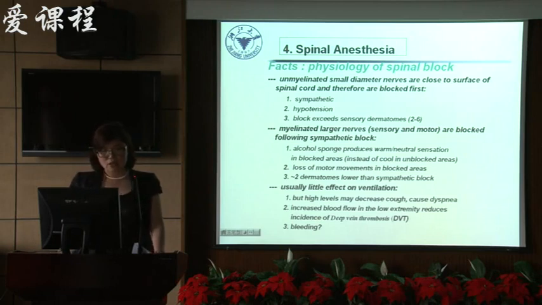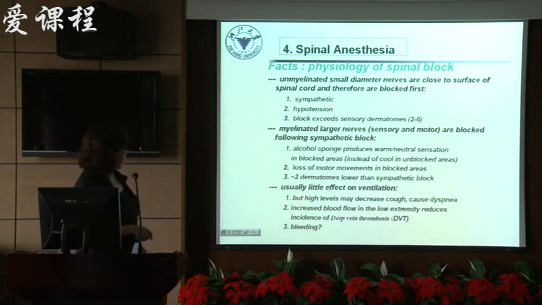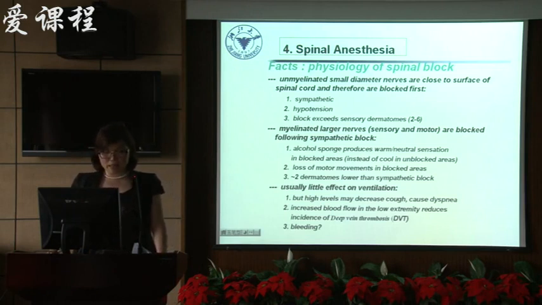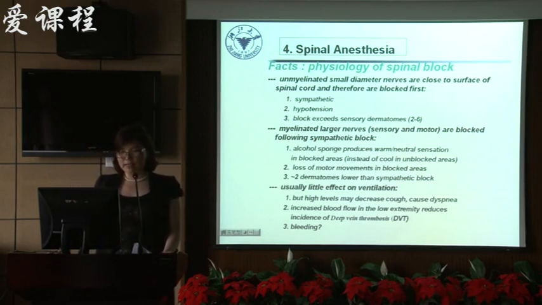Usually there is little effect on ventilation, right? But if the block level is very high, it can also decrease cough or cause dyspnea, and it can increase the blood flow in the lower extremities, reducing the incidence of deep vein thrombosis,